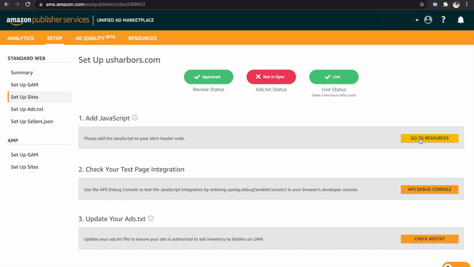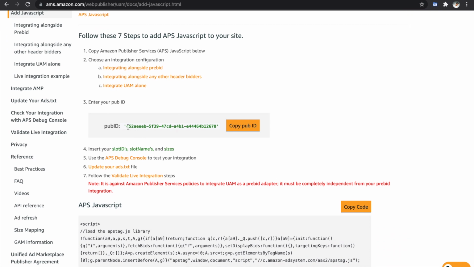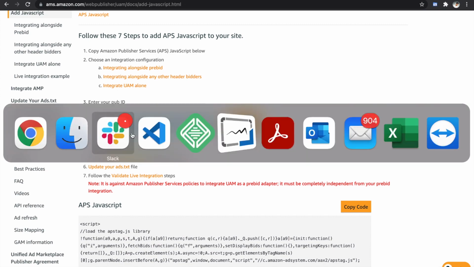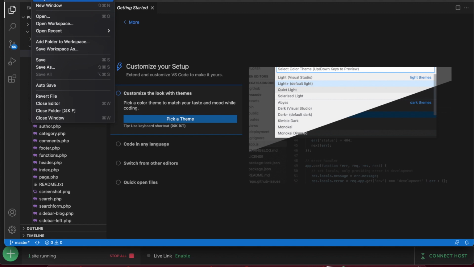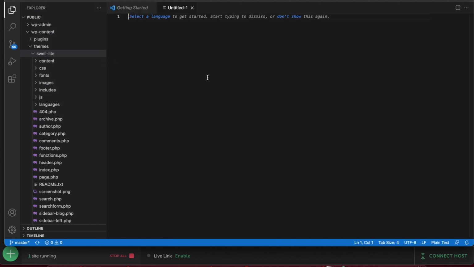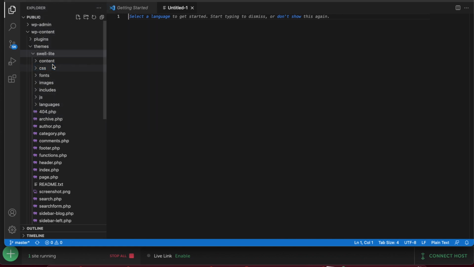What we are going to do is add the JavaScript into our website's head section. This code will follow the earlier header code that we implemented from Google Ad Manager. Here we have our publisher ID, so I'm copying it. I'm navigating back into Visual Studio Code as I prefer editing files in here, and I'm just renaming this